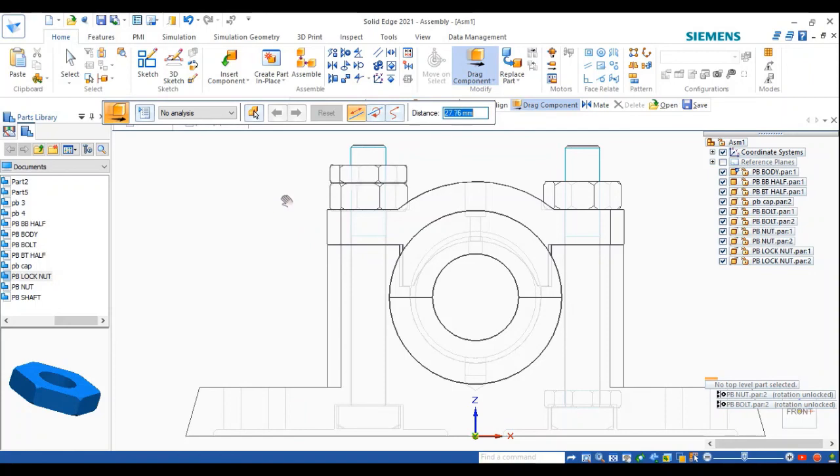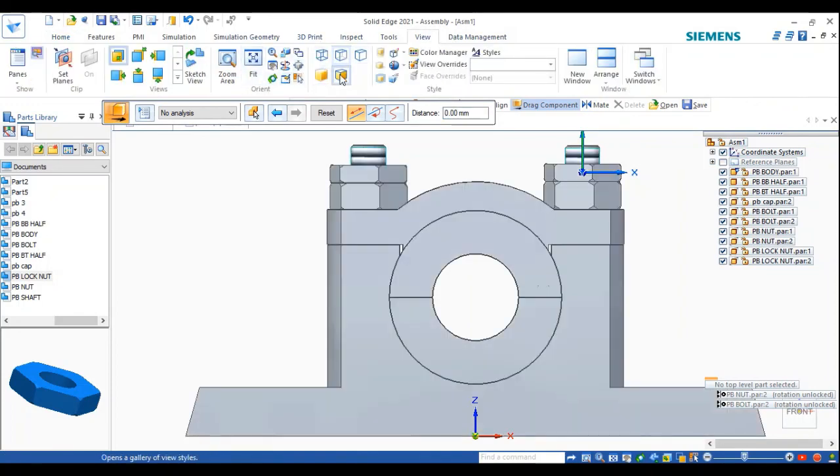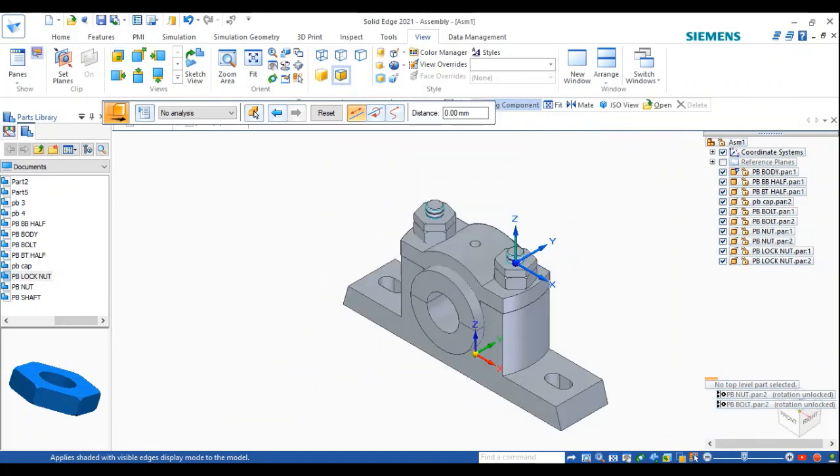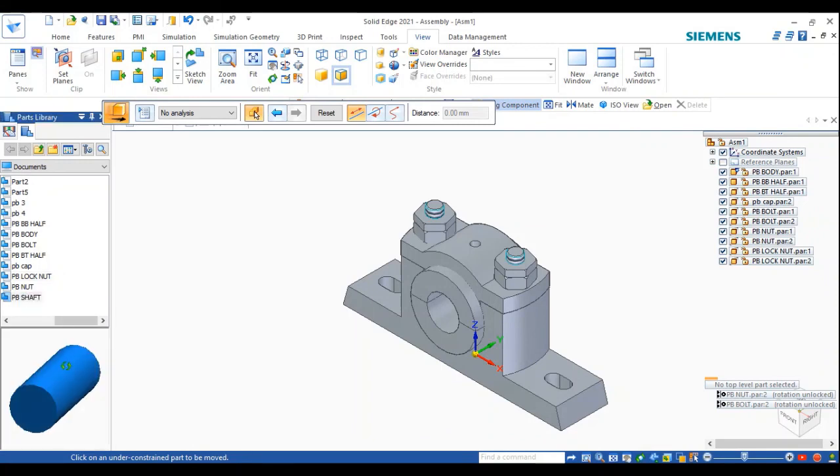First, we'll select this part. It should be seated on the nut. Okay. Same thing we'll do for this one. Okay. Come to the isometric, Control I. You can see